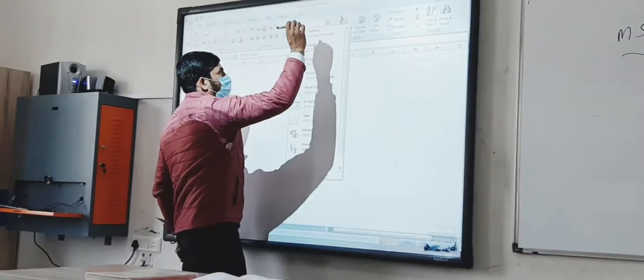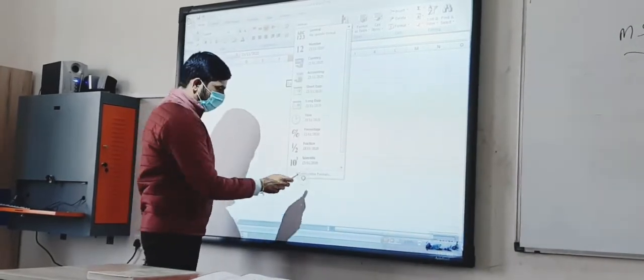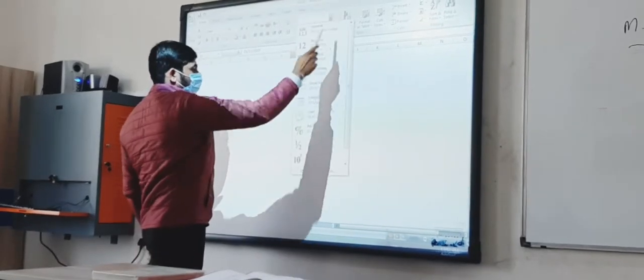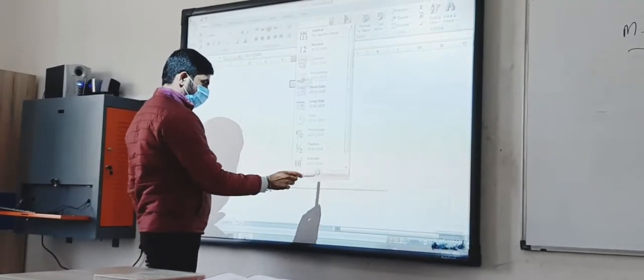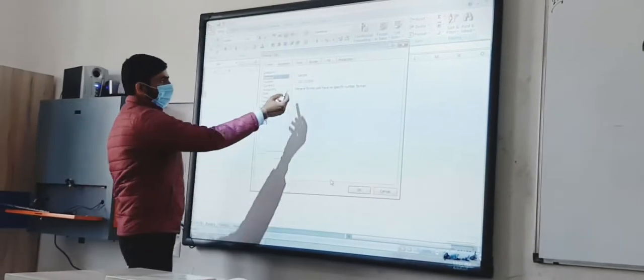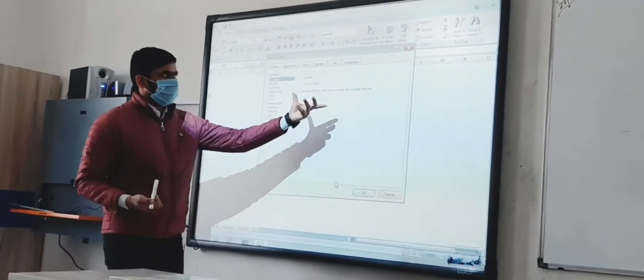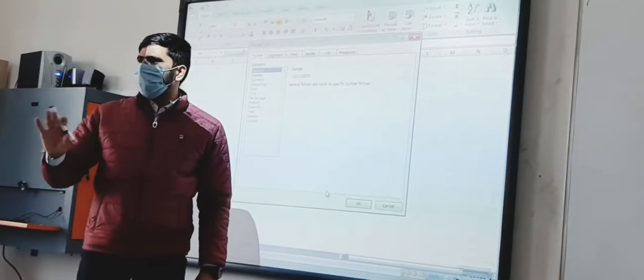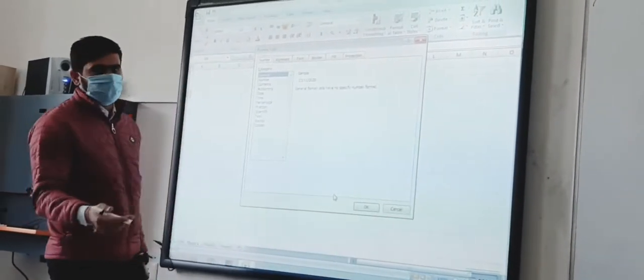So I will tell you about the date. You can change the date section, okay, you can change the date section according to you. The sample one, it's general format cells. So no specific format. Here we have not provided a specific format for that number.